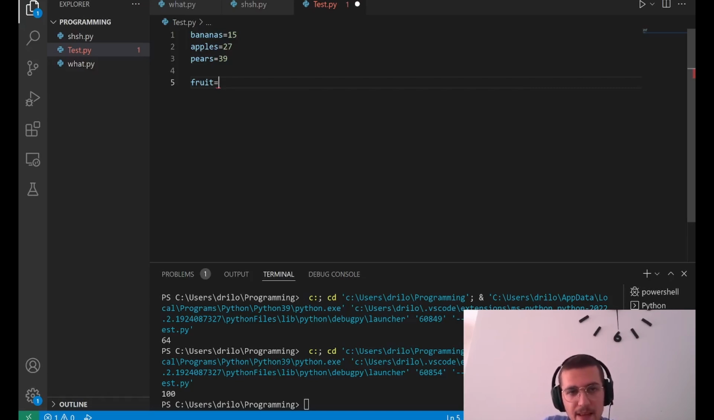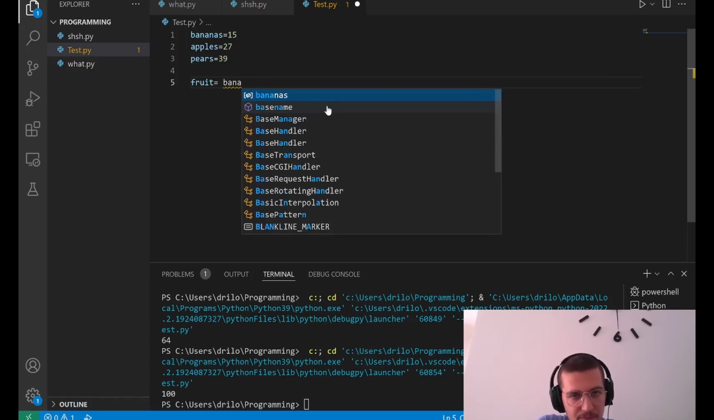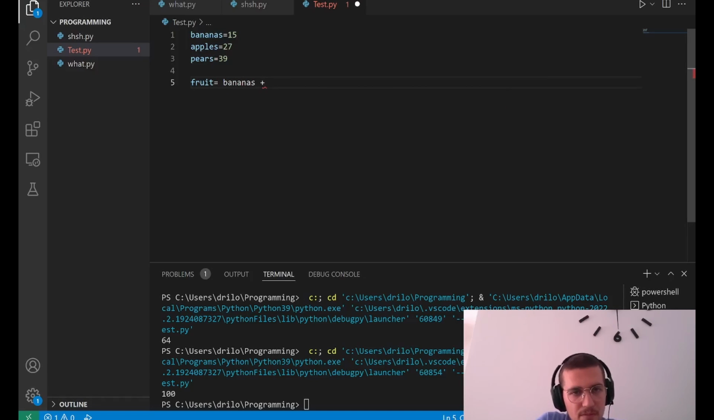Now, in order to find the number of fruit that you have in total, we are creating a robot that is called fruit, and we are telling it to add bananas plus apples plus pears. Okay, good. So this robot that is called fruit opens up bananas, sees that there are 15 of it, then